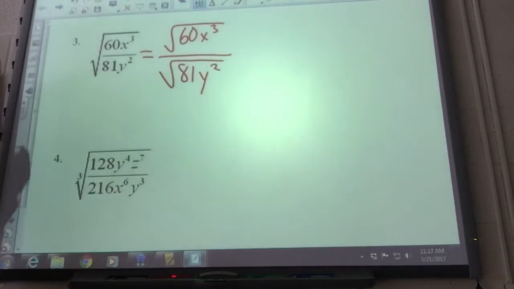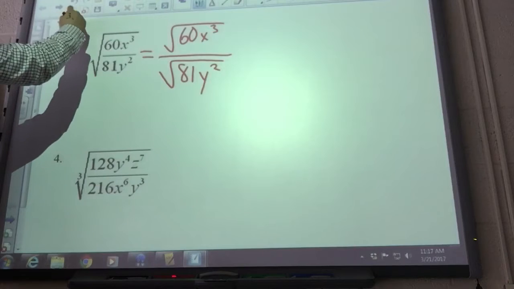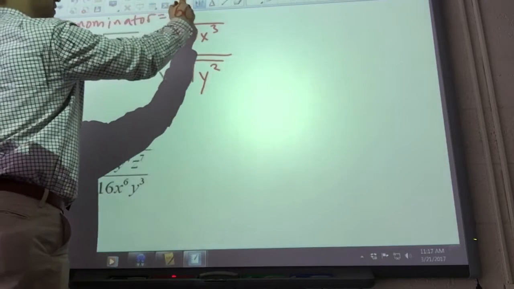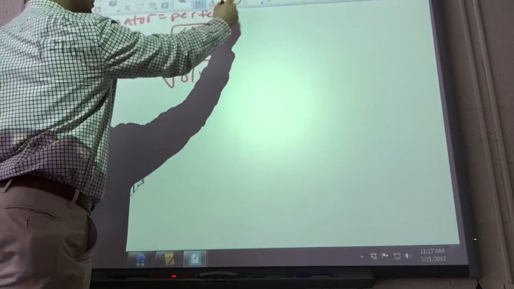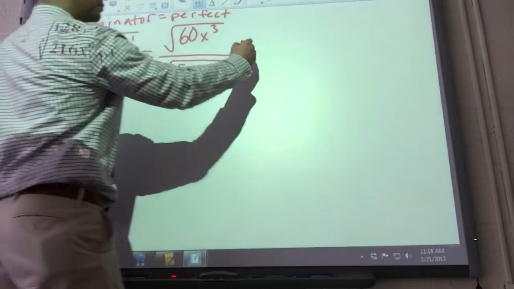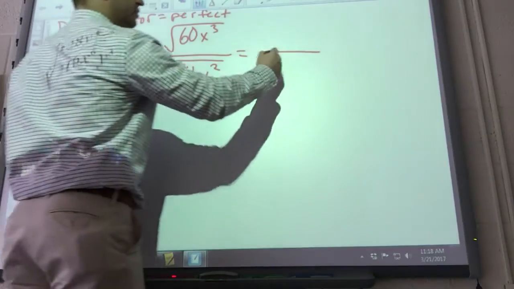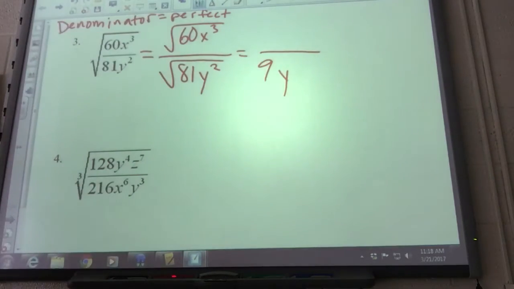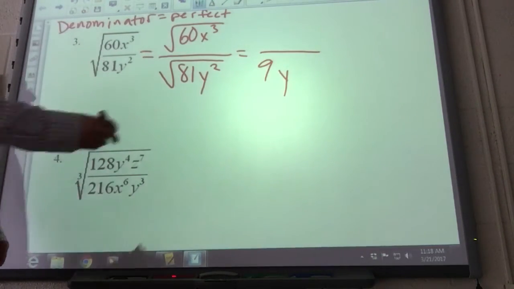This method's really only effective when your denominator is a perfect square, or cube, or fourth root, or whatever root you're working with. The only reason that's useful is because when we're doing this, we can't have a radical end up in our denominator. If it's perfect to begin with, then it's going to be really easy to reduce this to just numbers and variables and no more radicals. And then, of course, you can simplify the top